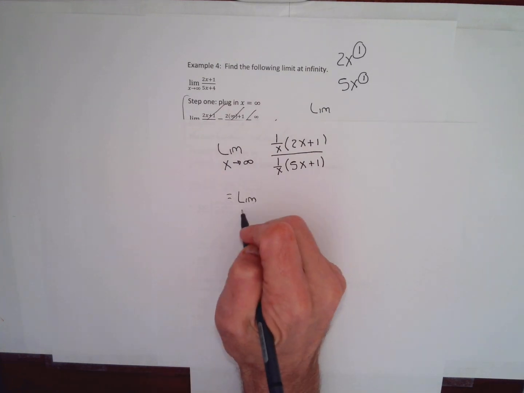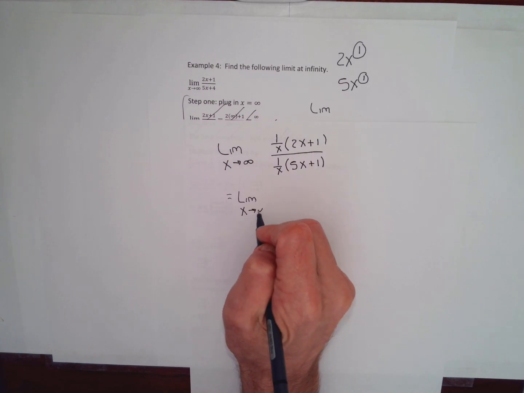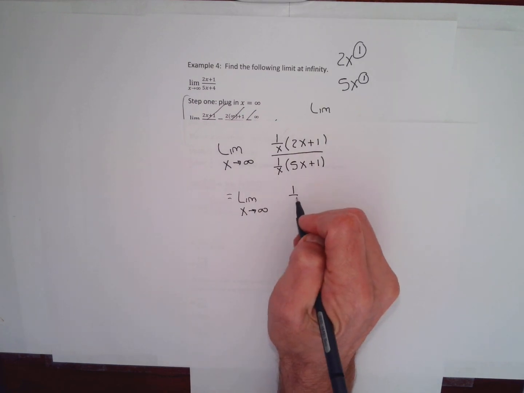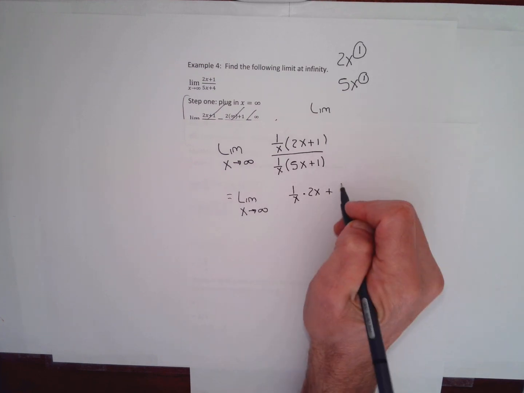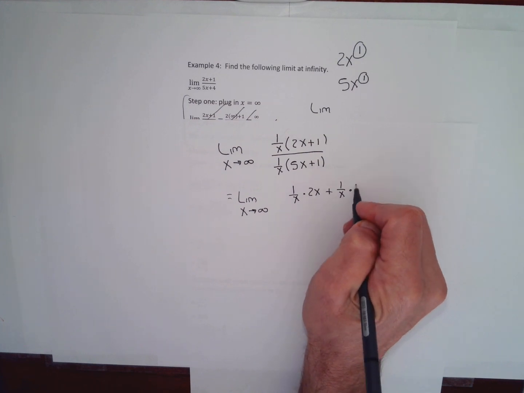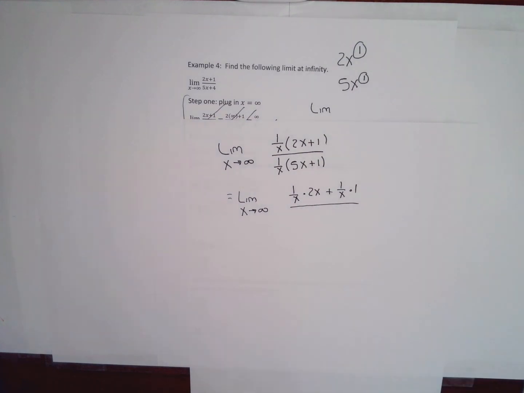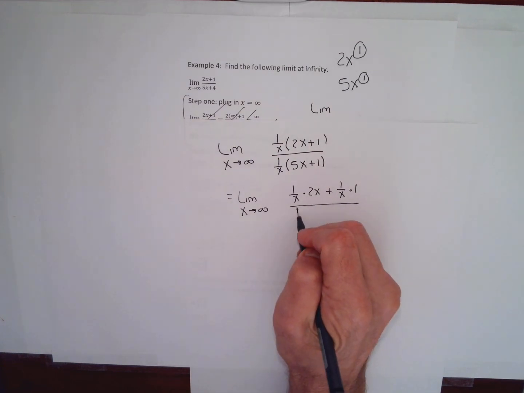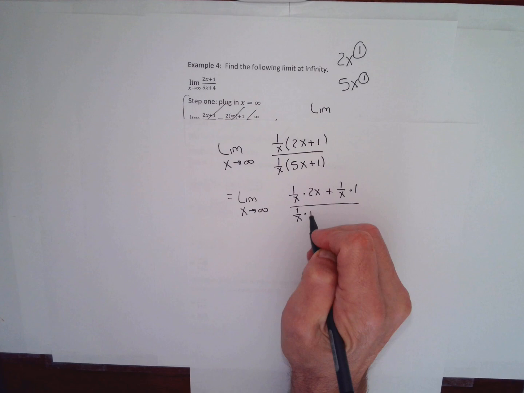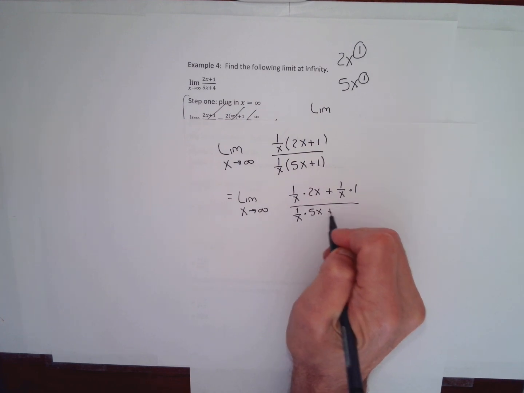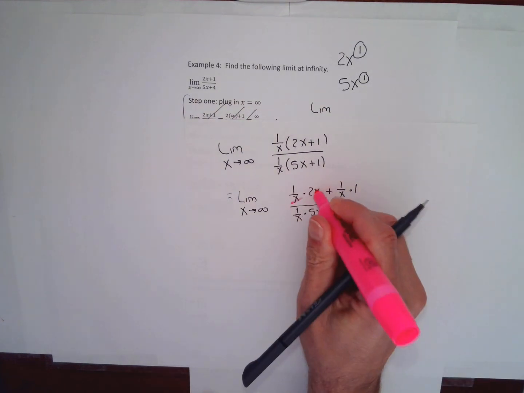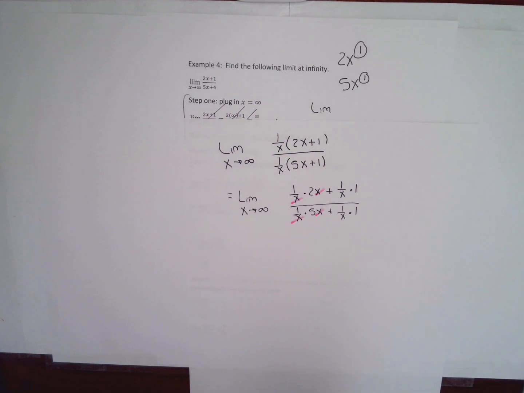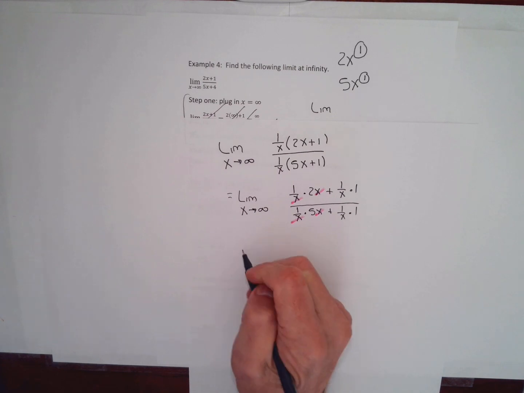I'm going to clear the parentheses in the numerator. In the numerator, I go 1 over x times 2x and 1 over x times 1 to clear my parentheses. In the denominator, to clear the parentheses that I put in, I go 1 over x times 5x plus 1 over x times 1. These x's in the denominators of the fractions next to the x terms in the numerators cancel. And this is going to leave me with the limit